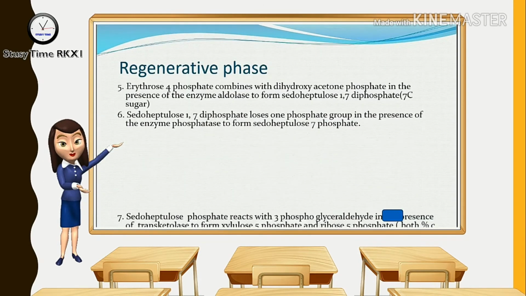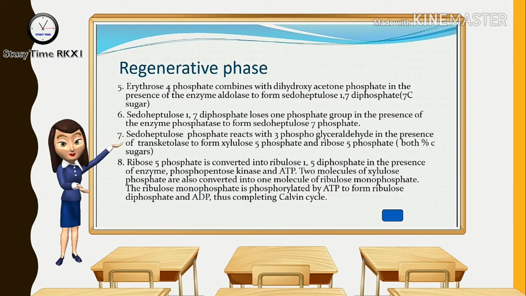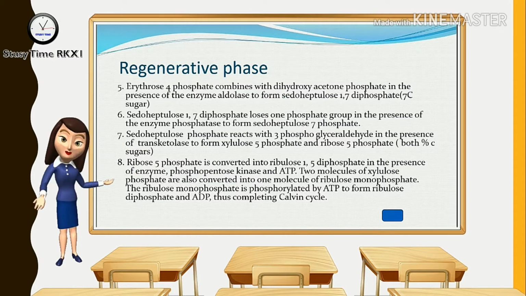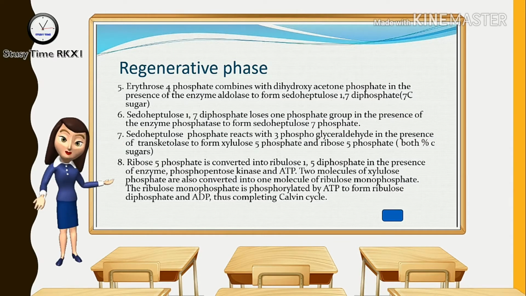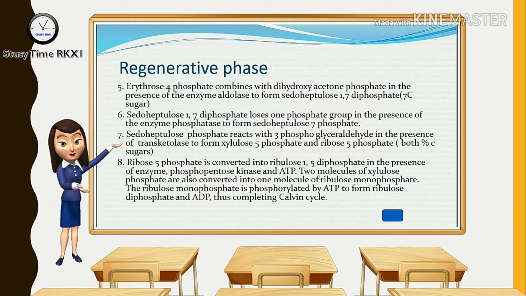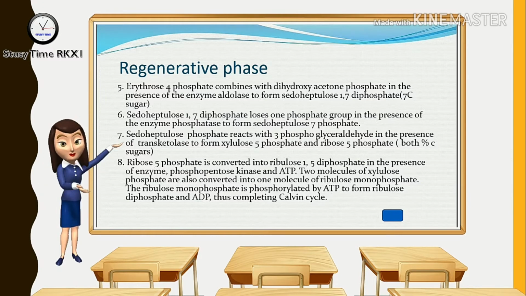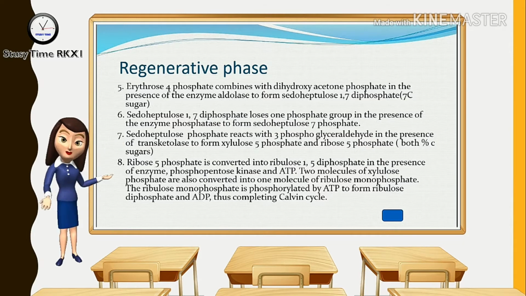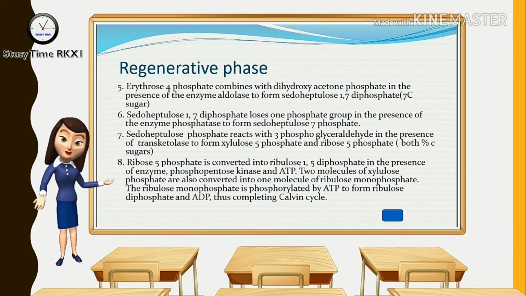5. Erythrose 4-phosphate combines with dihydroxyacetone phosphate in the presence of the enzyme aldolase to form sedoheptulose 1,7-diphosphate, a 7C sugar. 6. Sedoheptulose 1,7-diphosphate loses 1 phosphate group in the presence of the enzyme phosphatase to form sedoheptulose 7-phosphate. 7. Sedoheptulose 7-phosphate reacts with 3-phosphoglyceraldehyde in the presence of transketolase to form xylulose 5-phosphate and ribose 5-phosphate, both